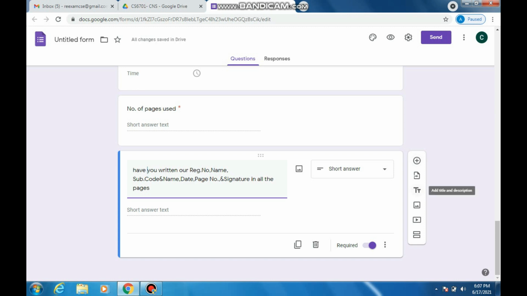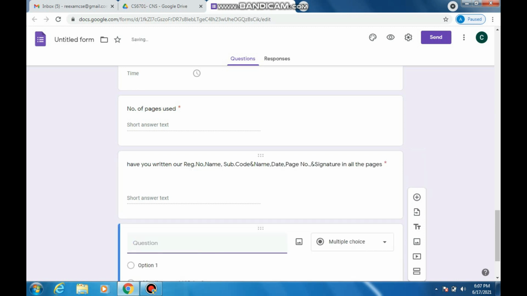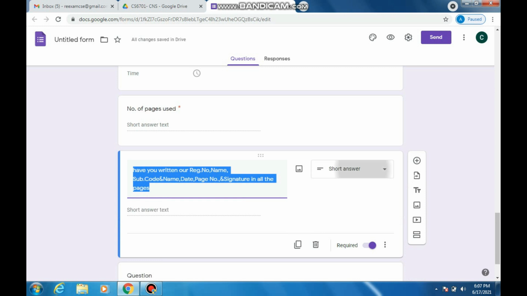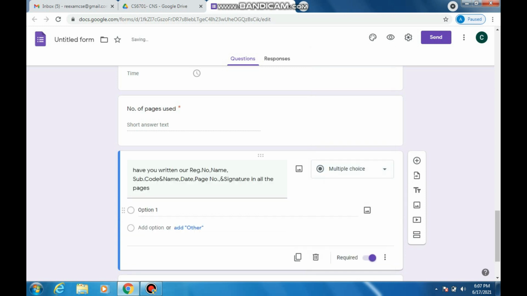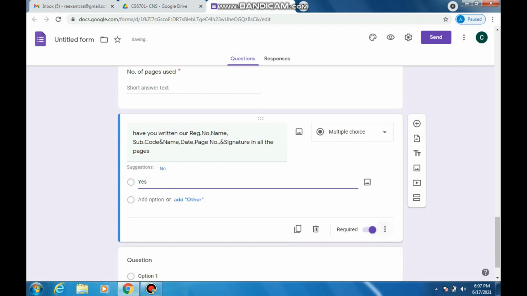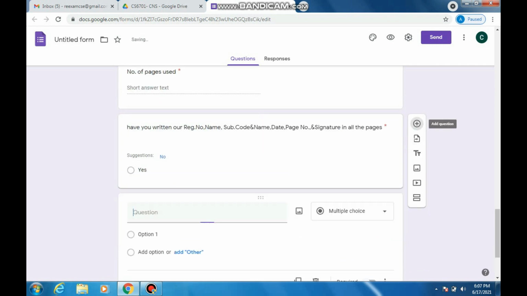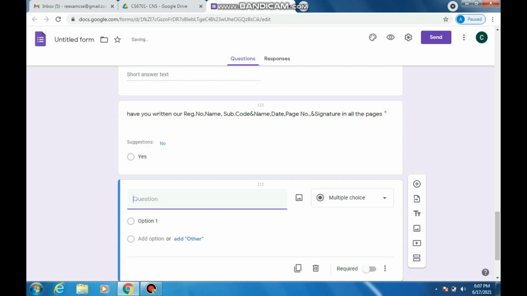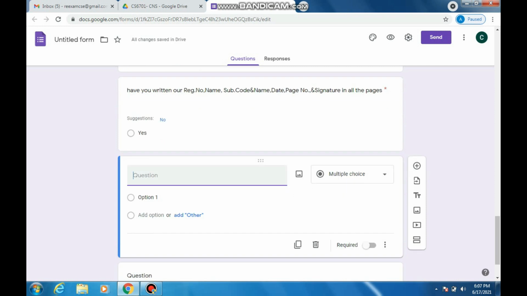And the very important field is here, we can give it as a multiple choice, and we have to give only the option as yes. Okay, so if the student didn't write the subject code yet, he can go and cross check it.